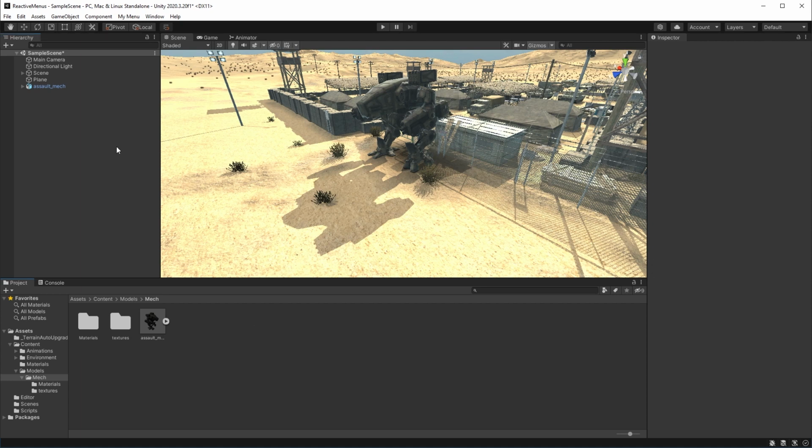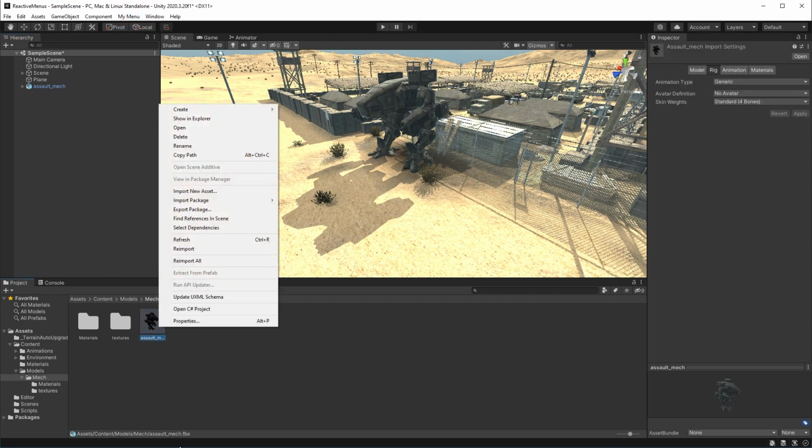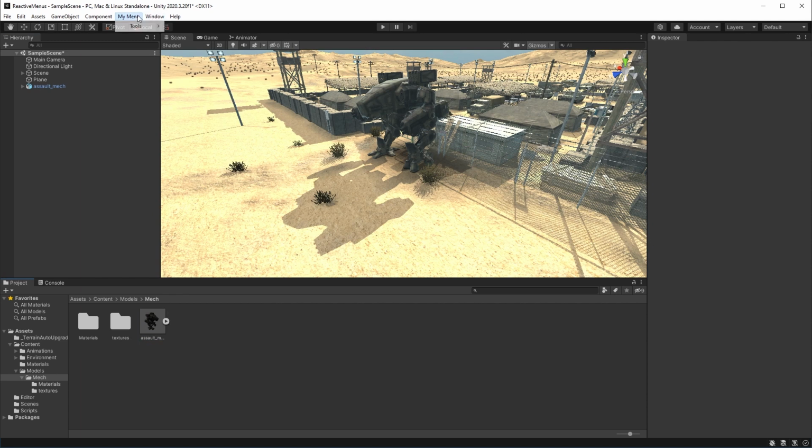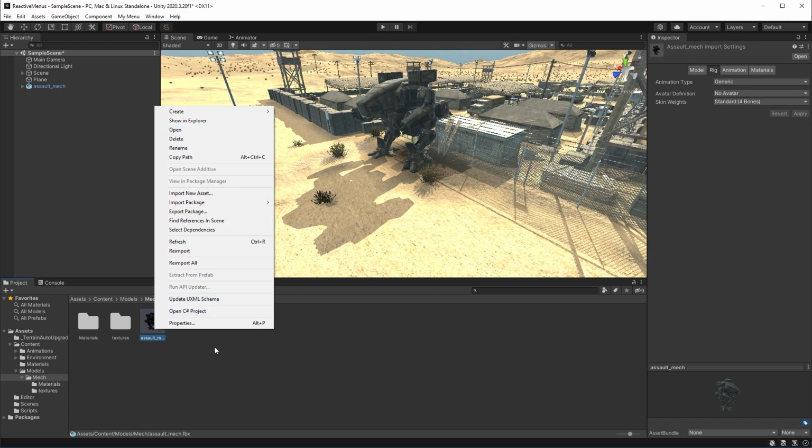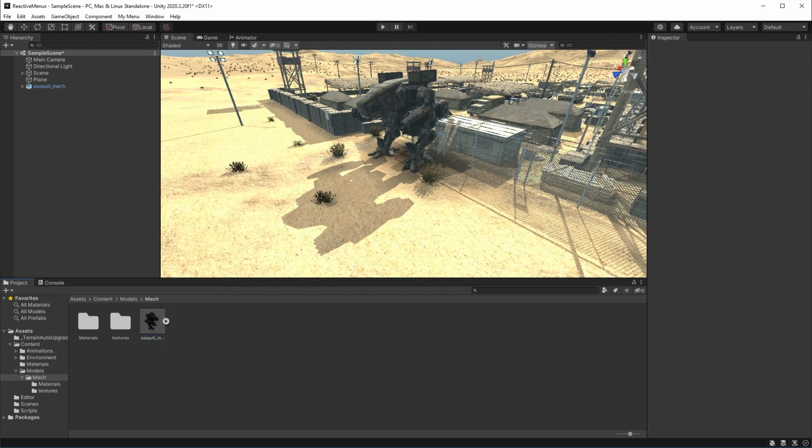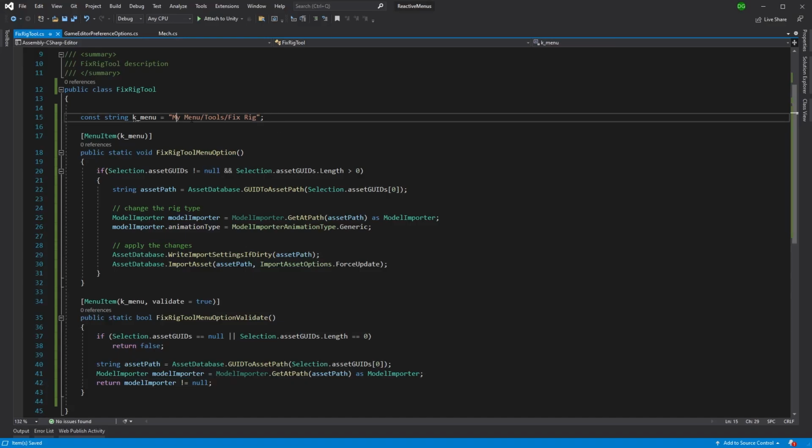The other thing to note here is it's all well and good having the menu up here, but it's a bit annoying when I've selected this and I've got a right-click menu here that I still have to go up and press the items. So we can actually move the menu down here, and it's a very simple change to our script. If we look at my menu here and change this to Assets, and we save, and we come back into Unity,